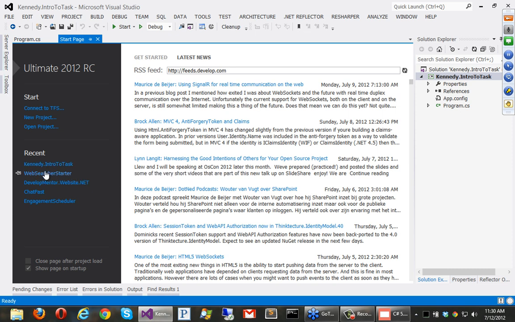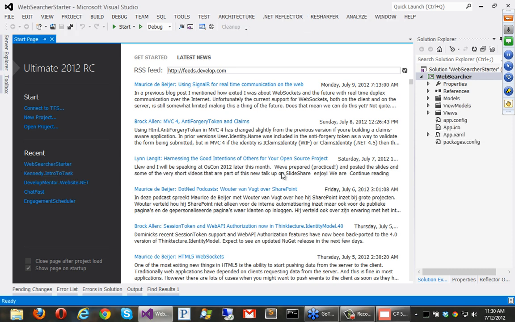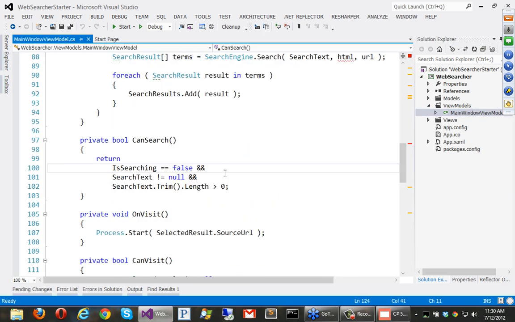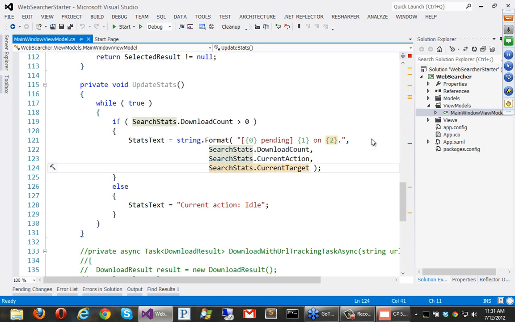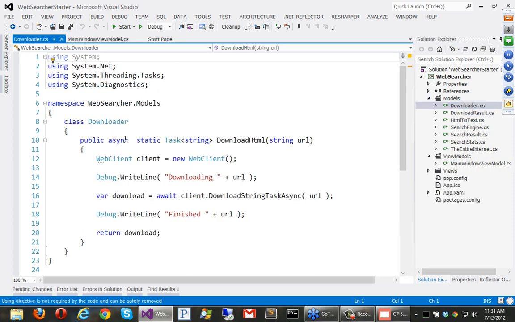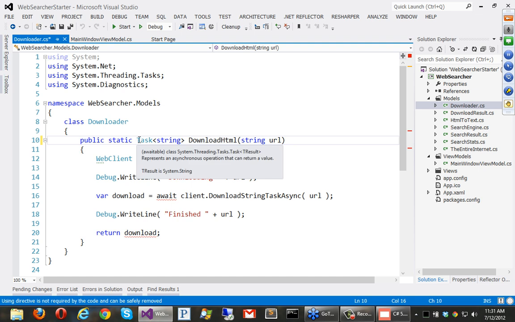Let me go to this one here. And this one starts from a little bit of a project that I had before. And I think I realized I was playing with it just a minute ago, and I'm pretty sure I should not have changed it, but I did. So let me just make one quick change here. Sorry about that.